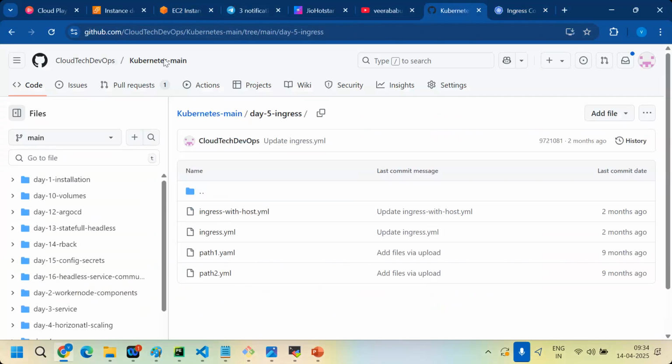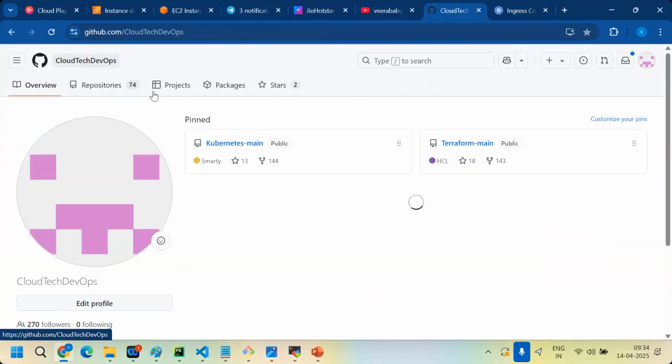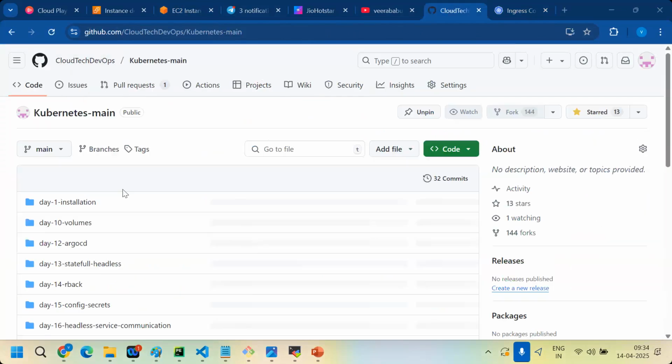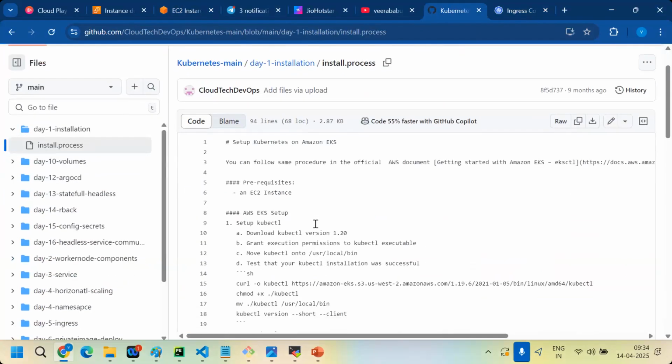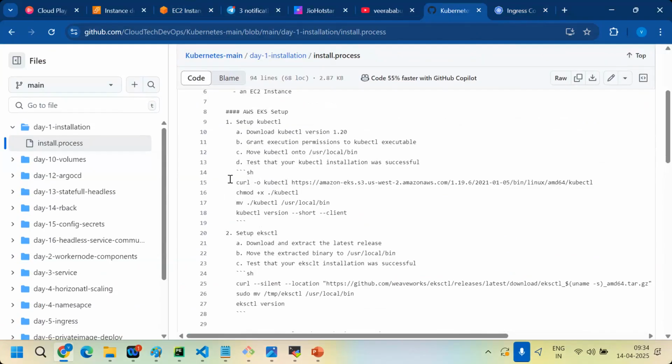I forgot to download the cluster. Let me install it quickly so that I can explain again.